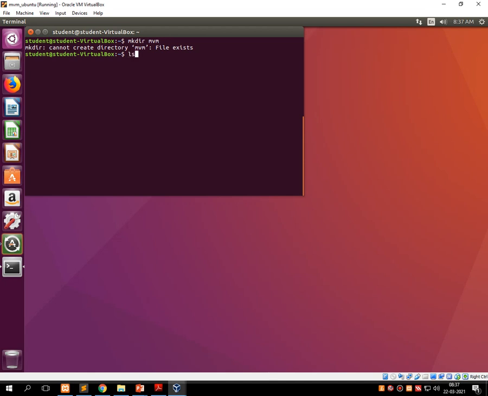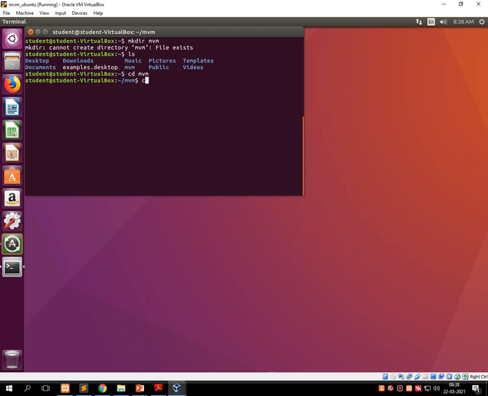Now how do we see all the working directories? For that the command is the ls command. Just type ls without any options. It will list all the directories, and in the list you can see the directory called mvm. Now I want to go into mvm. Just type cd and mvm. You will be in the directory called mvm.